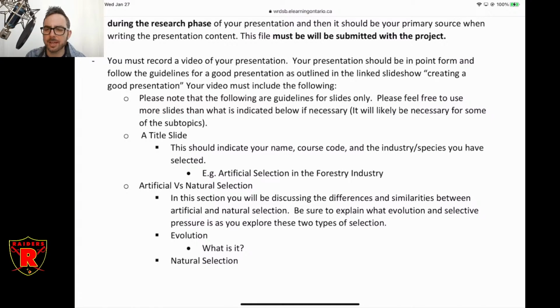If you have too much text on one slide, if it looks like a big bunch of text, just make it 2 slides. You should be summarizing, right? You don't want a script on your slides. It shouldn't be everything that you're going to say. It's just a very brief point form summary of what you're saying, something for the audience to focus on while you're giving your presentation. But if you have too many points on one slide, you have 10 points, just make 2 slides. It's not a big deal. So this isn't a guideline for the number of slides. It's a guideline for the information that you need to have. So just so you know.